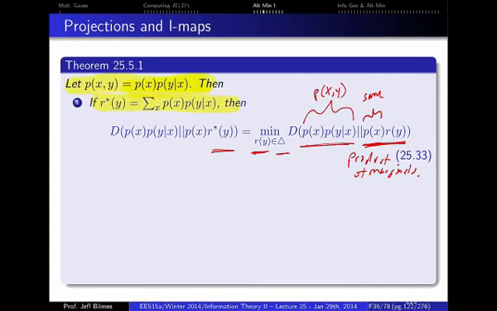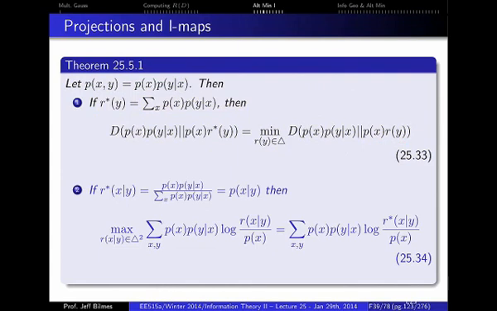So the next theorem is a very similar theorem, and very similarly important as well. It says we've got this numerator, which is just P of xy, which we've decided to factor in this particular way, P of x times P of y given x. And then here we're just normalizing it, which is the sum over x of P of xy, which gives us P of y. And that's definitely going to be P of x given y, right? But let's just call it R star, because R star is going to be our optimal solution to an optimization